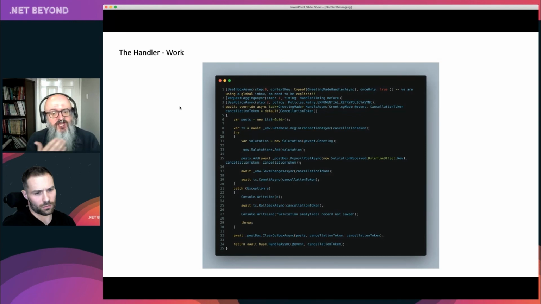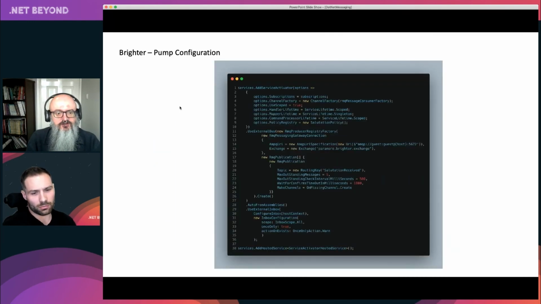And use policy async effectively says we're going to use a Polly policy to wrap this handler, so that we'll automatically take the action that Polly says if you throw an exception out of this handler. That will let us retry this handler, for example, in the event that it failed. So thanks to this, I can effectively have exactly once processing without having to worry about it. Yep, exactly. Cool. All right.